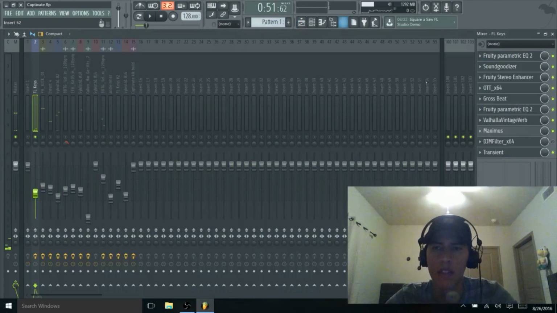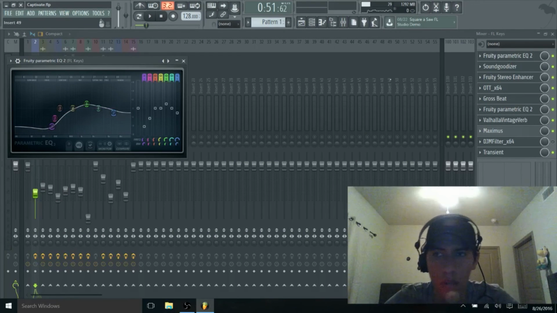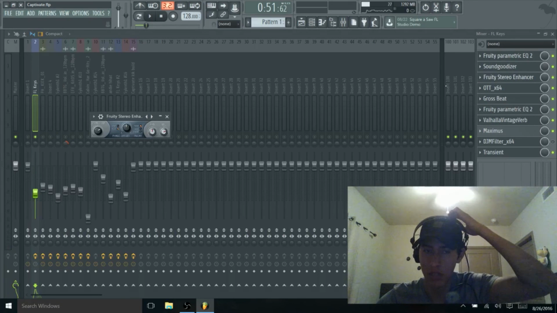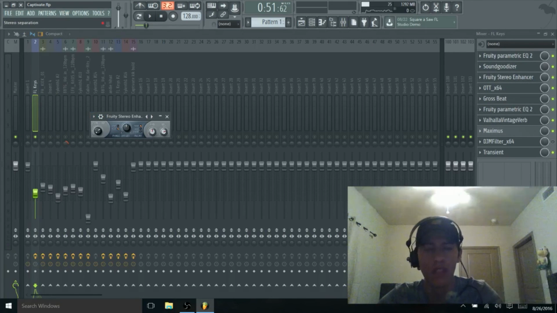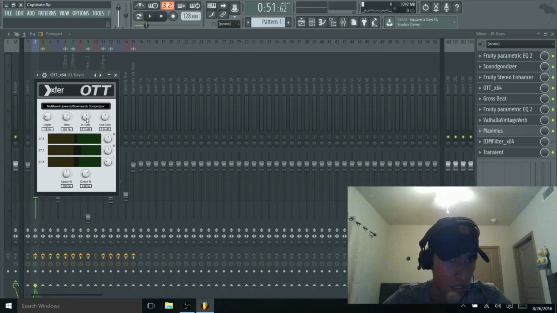Yeah, so the processing on these, I have a lot of it, I shouldn't have this much, but simple EQ, take out most of the low ends. Soundwidener to pop out some of those mid highs. Pretty enhancer goes right here, and it just makes this kind of mono. The OTT just makes it pop. Increase the gain a little bit and the out. Again, increase some of the low ends on here and increase the